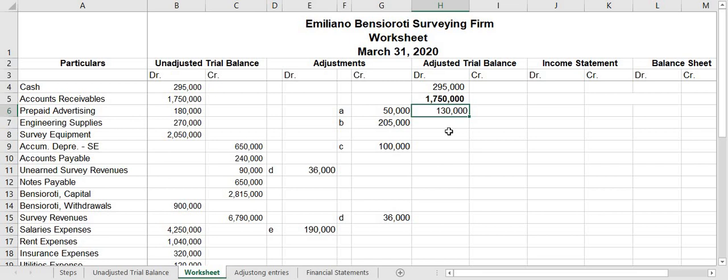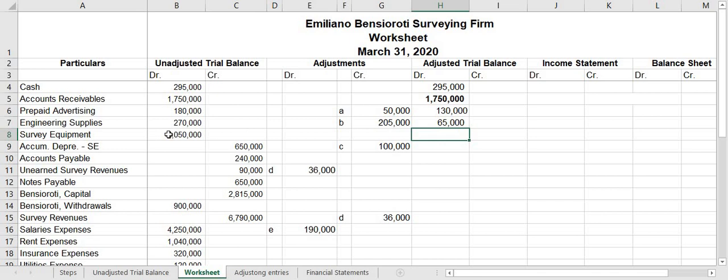Okay, for engineering supplies naman, just like your prepaid advertising, okay, engineering supplies is an asset account with a normal debit balance. And since sa ating adjustments, may credit adjustment siya, again, it indicates deduction of the account. Okay? Kaya, yung balance mo na lang sa engineering supplies is